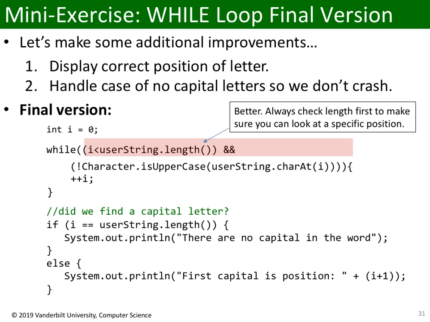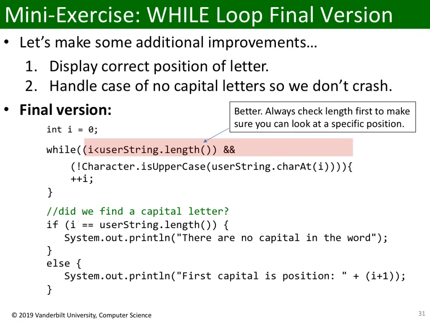So here we fixed that ordering issue. Now we're checking to see that I is less than the length of the string before we attempt to access the char at location I, or index I. So now, when this is false, we are going to short circuit this logical AND operator, and we won't attempt to access a non-existent memory location. So that's good. Then also, when we go to print out our